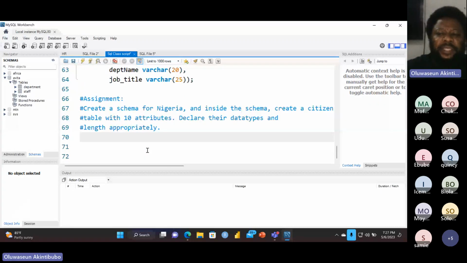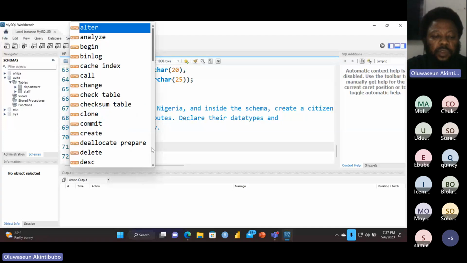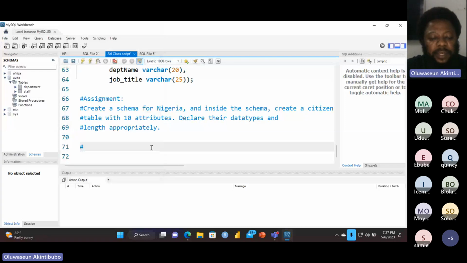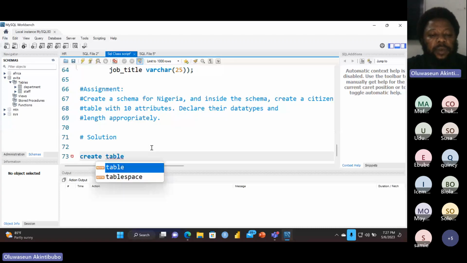All right, so yesterday we said create a schema for Nigeria, and inside the schema, create a citizen table with 10 attributes. Declare their data types and length appropriately. So let's do that. How do we start? For you to create a schema, you use the create schema statement. Let me put solution as a comment. So we say create schema